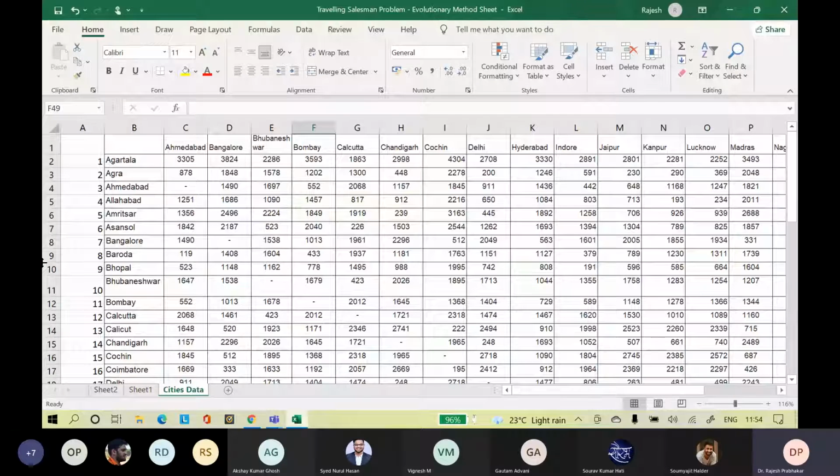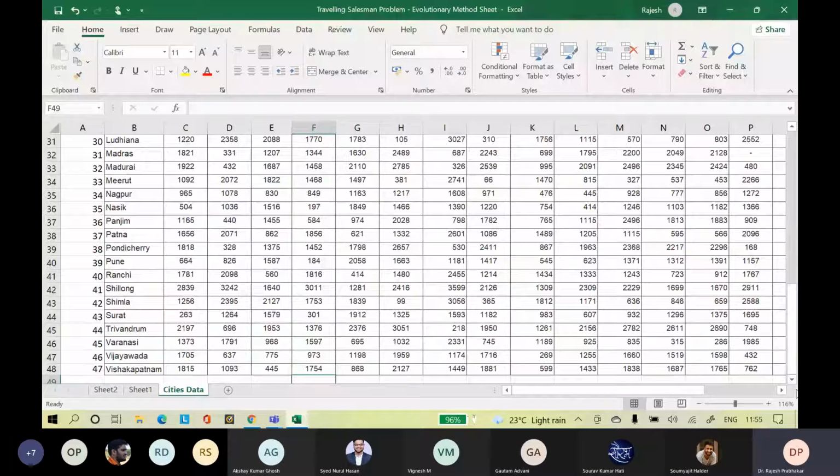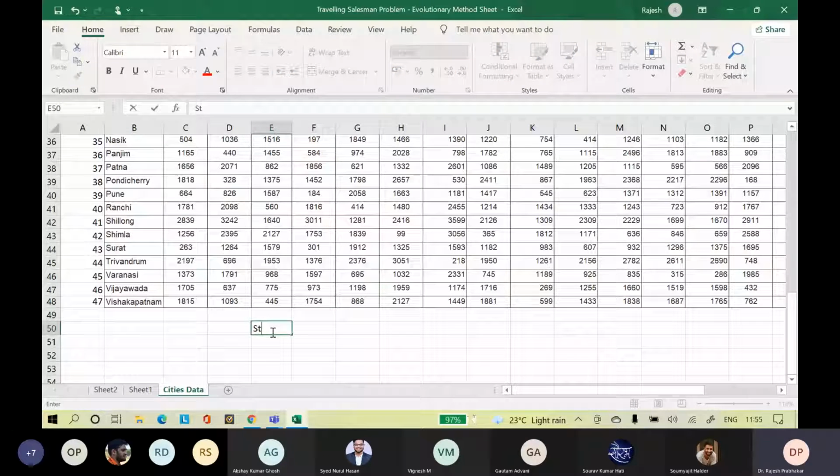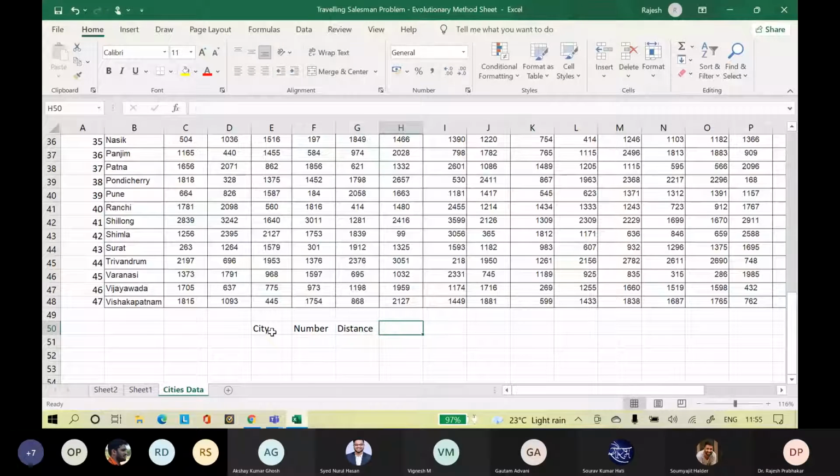Done? All of you are done with this step? Can participants confirm you are done with this step? Yes, sir. Done, sir. Now we will set the columns in the bottom: city, and we allocate a number to the city, and stops. Okay, distance and stops.